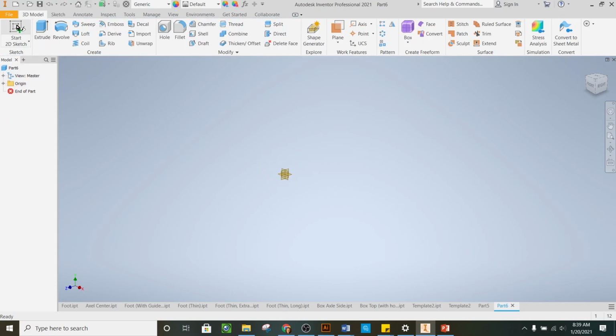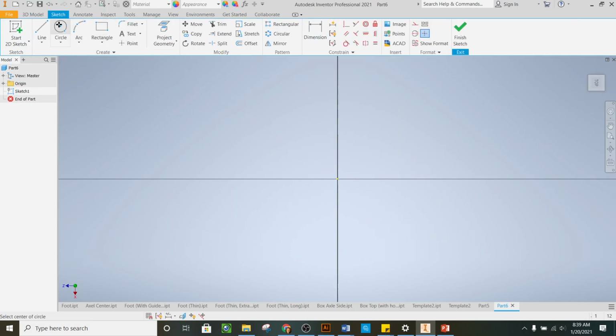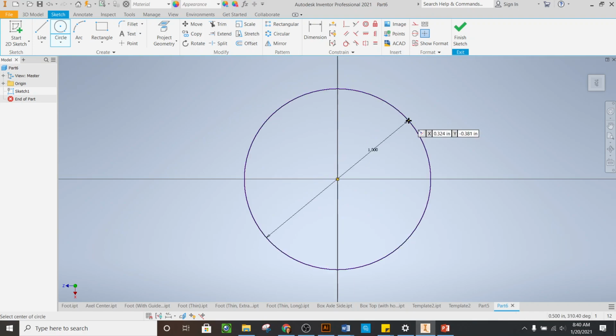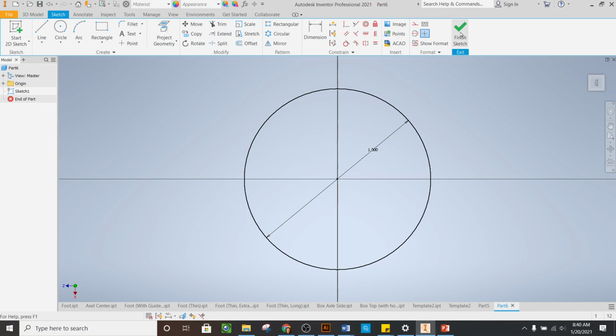Okay, so if you're to start from scratch, from square one, start a sketch, drop right here, just make a circle, and I'm just going to give it a random number, so I'm just going to say it's 1 inch and say OK. So that's what I missed the first time. I forgot to put in this first dimension. Oh, and you know what? I just realized it's going to continue being kind of funny because, oh, no, it worked. Okay, good. All right, so then finish sketch,